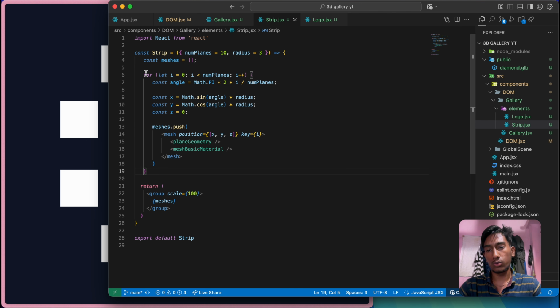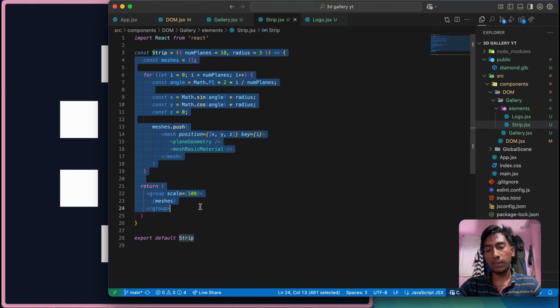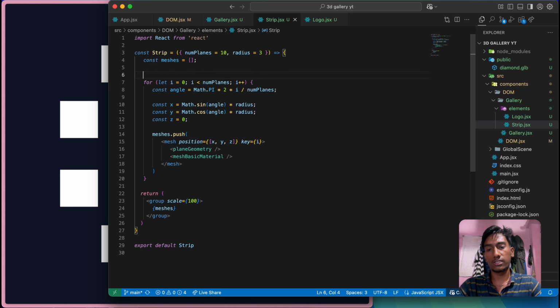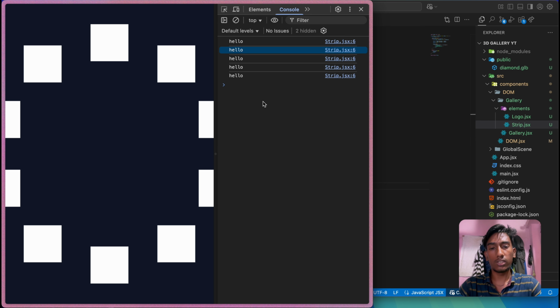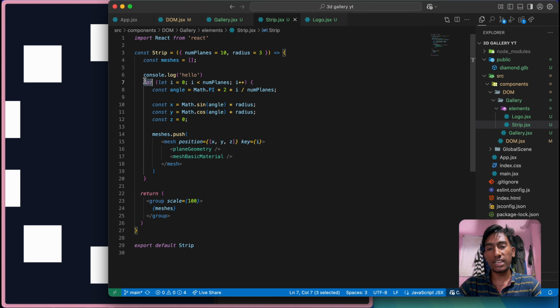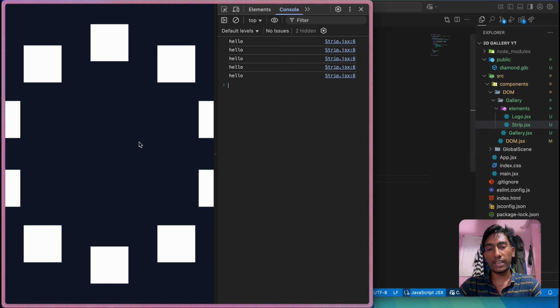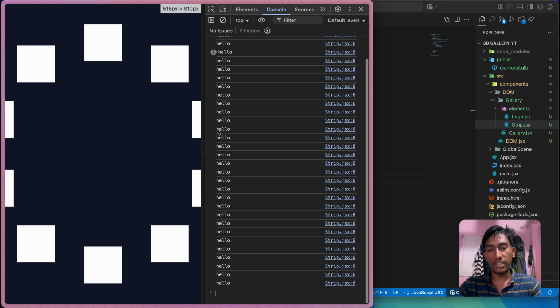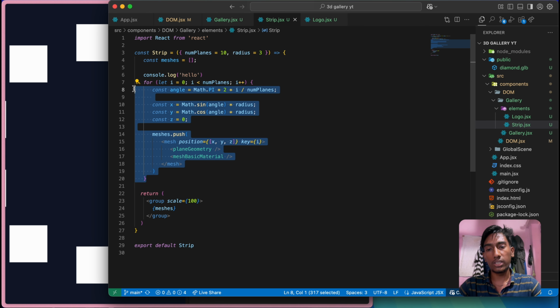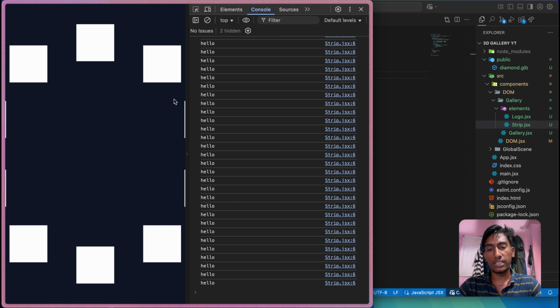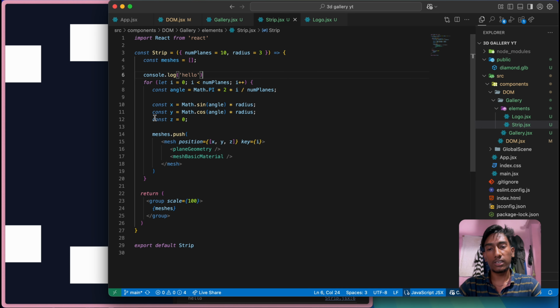Now we have another issue. Maybe you are thinking that this component is registered only once. If I just log hello, truly it's not running only once, it's running 6 times now. But we don't need this heavy calculation to perform every time. If I just resize, you can see that we are logging hello again. It's a heavy computation, so we don't need it to happen every time the user resizes the window or the component runs every time. So we don't need to create new meshes every time.